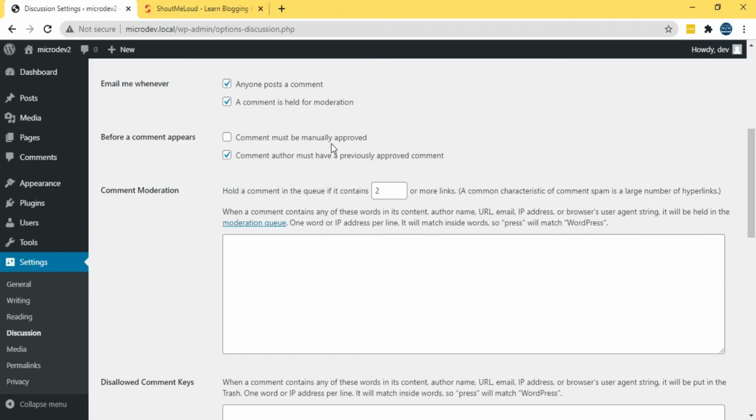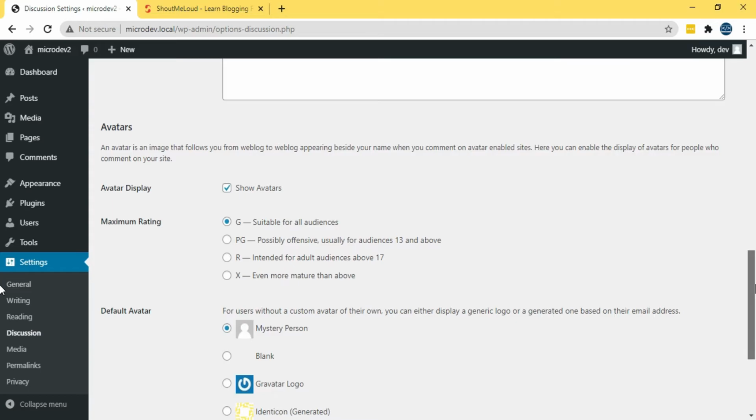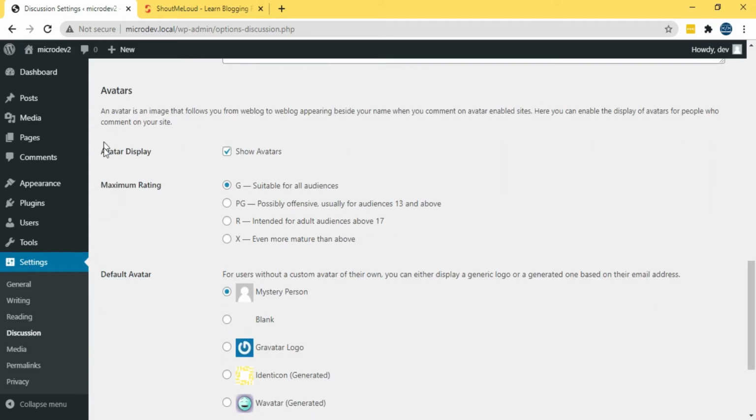So if anyone comments on your website, then you or an editor will review it, then it will be published, which might help you if you get spam comments frequently. At the bottom, you can also set a default avatar for the commenter.